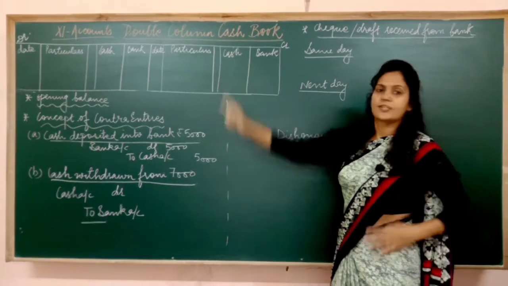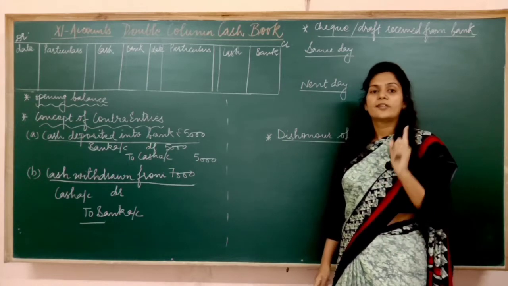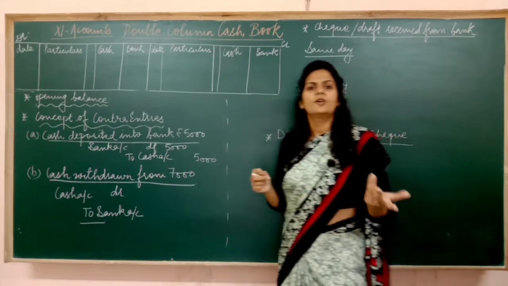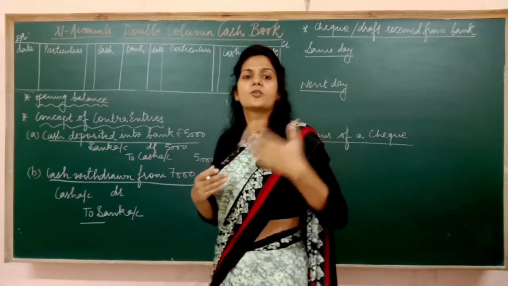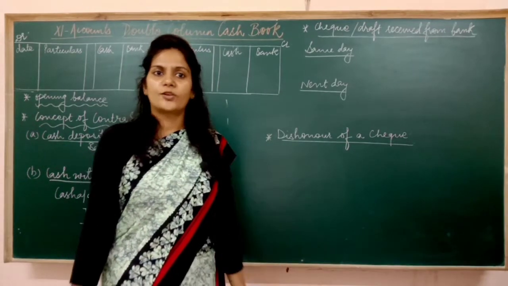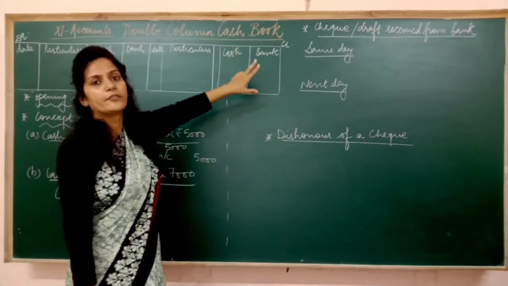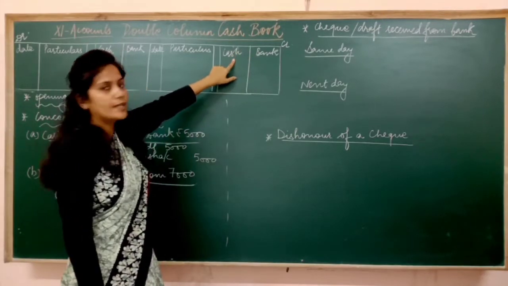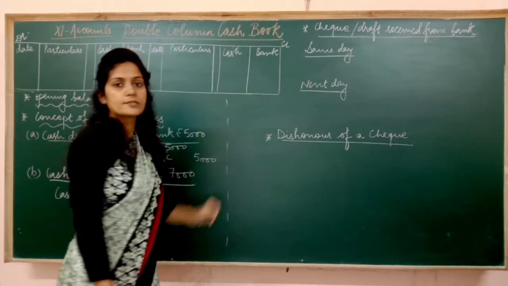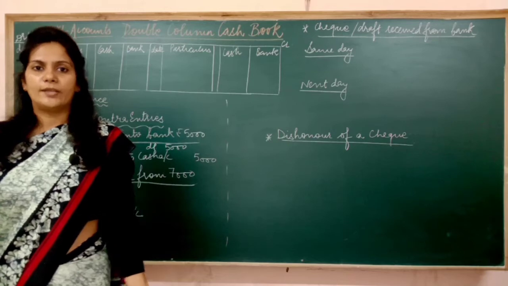Why? Because cash is an asset and assets have debit balances, that you already know. We discussed in the previous video. In case of bank, we are depositing money into the bank, no? So obviously bank has also become a kind of asset for us, because anytime we can take money from the bank. But here the rules will be different. Here, debit what comes in and credit what goes out. This rule will be applicable. And in case of bank, debit the receiver and credit the giver. This rule will be applicable.